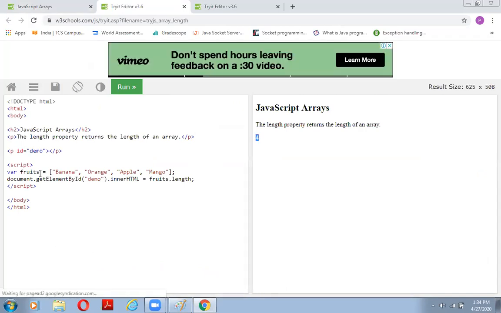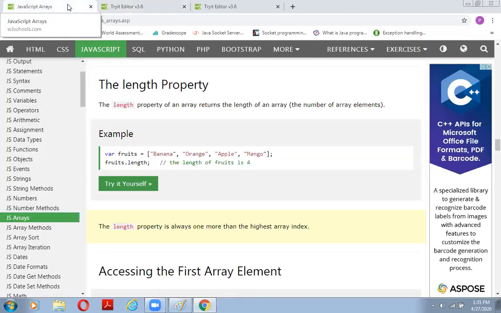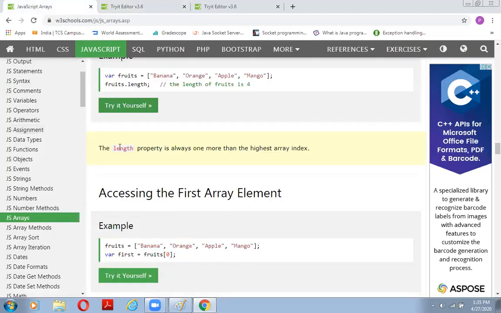Because in our case it is a special kind of object, we just put the property we want to use, that is length, after the object. So finally, we are getting the answer 4.